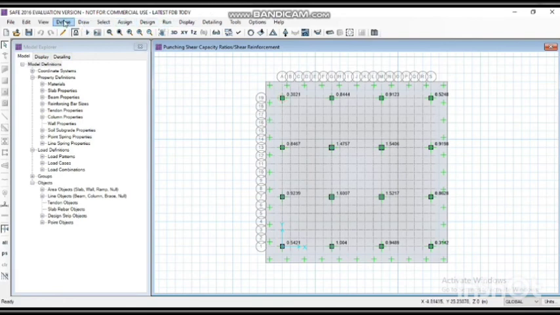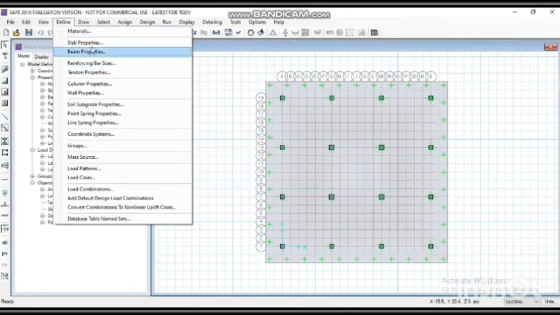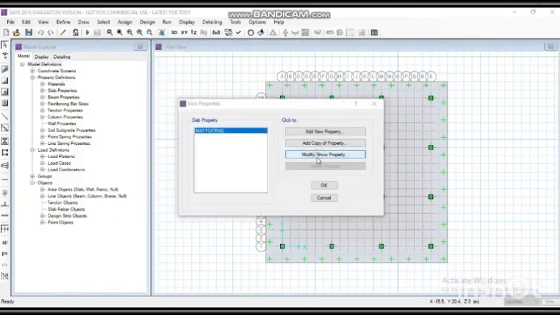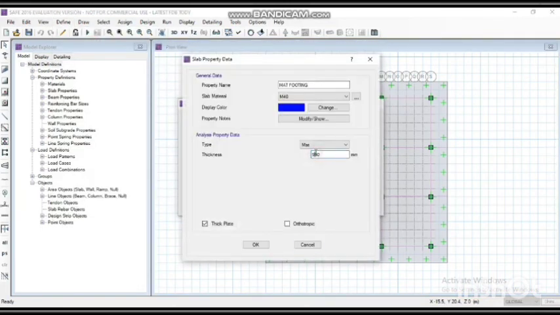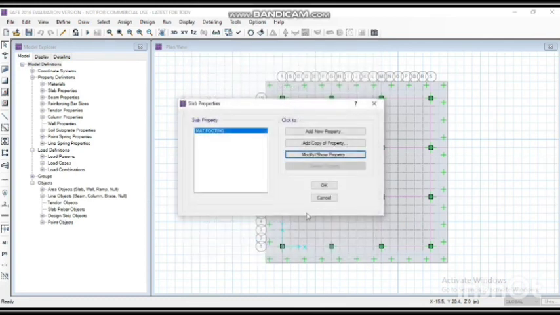Then go to the define menu, slab properties and make the thickness of slab as 1200 mm.